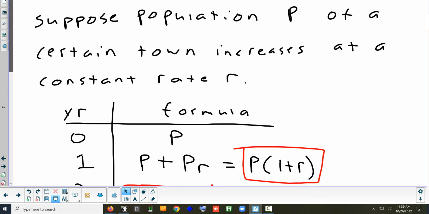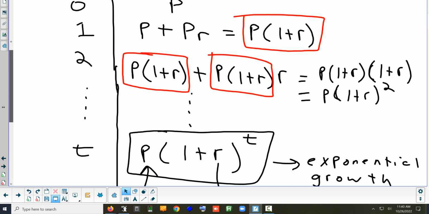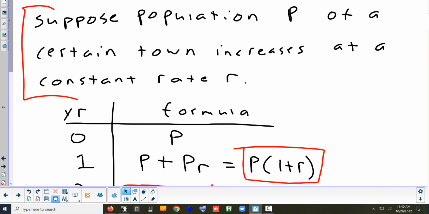We're going to jump right to the result of the formula. Once you get this part copied down right there, you're good. That's all you need. That's the formula you need. So that's why I said just copy down what's in the bracket, and we're just going to jump to the formula that we use,